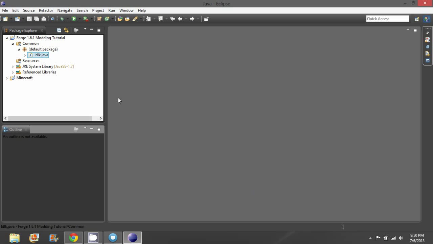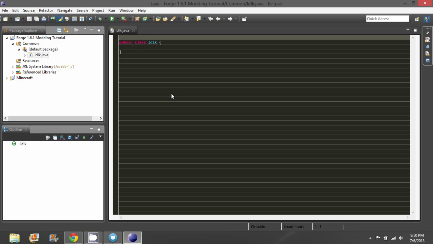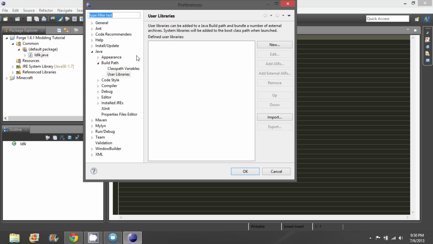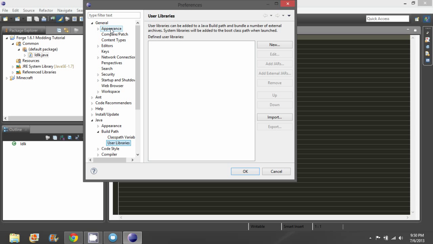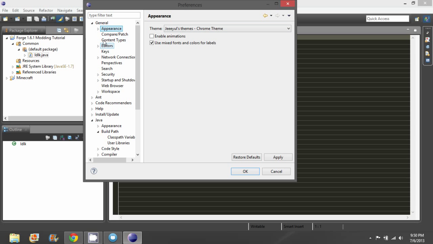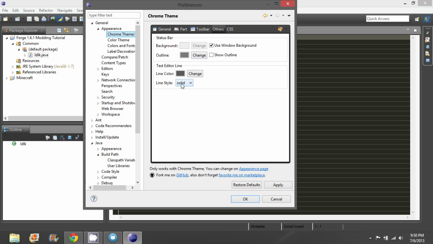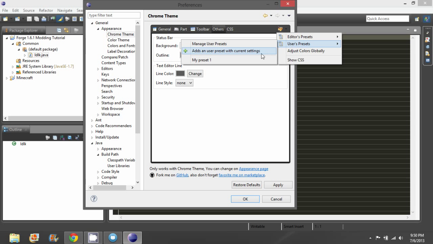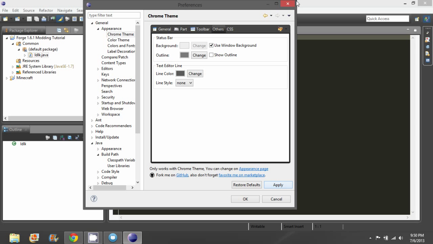And inside of this, I've got to save that. Windows, preferences, general, appearance, no, sorry. Yeah, Chrome theme, other, none. Right click. Apply, close.